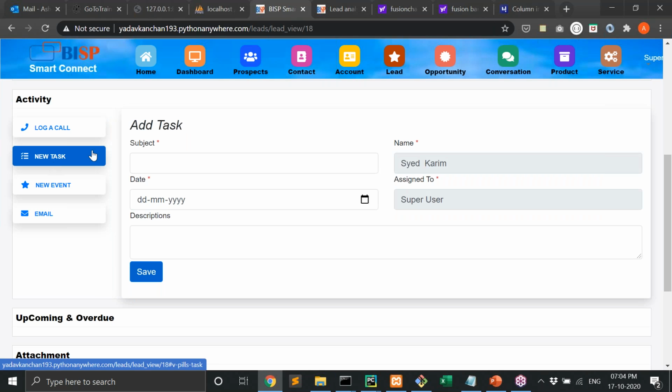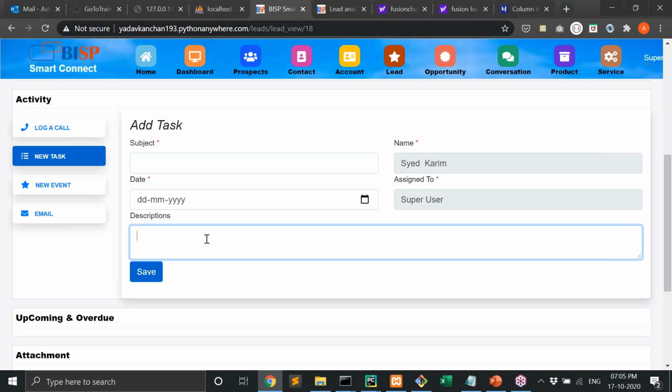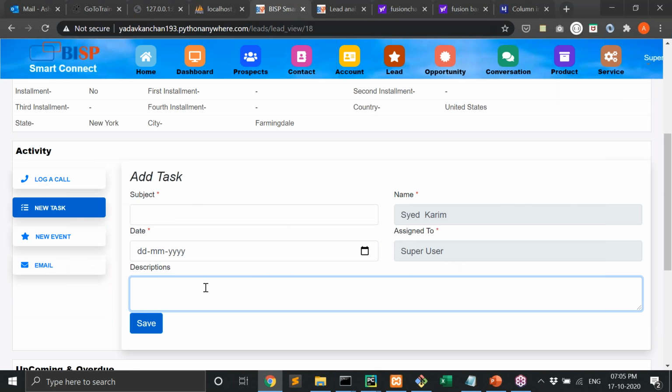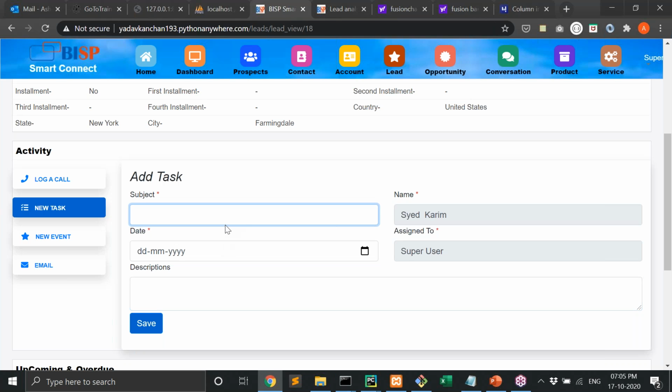Here is the new task. What is this new task? New task means, suppose I want to perform any task. This is all about the call history, the task history. Task means, suppose I want to take him to a meeting, or I have to arrange a meeting with him. So I can add a task here, like arrange meeting